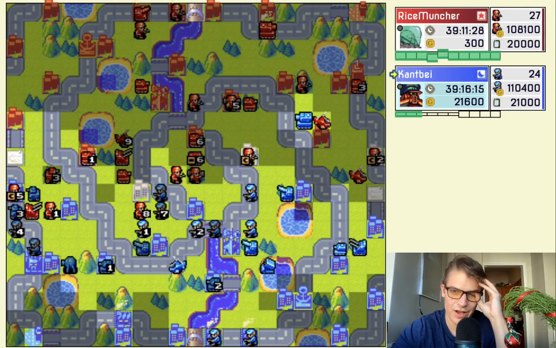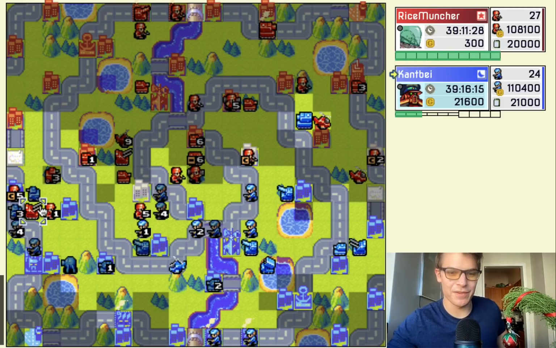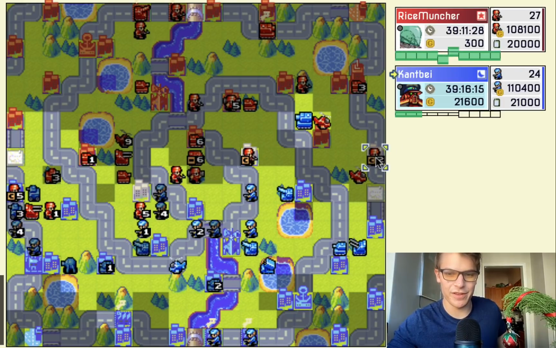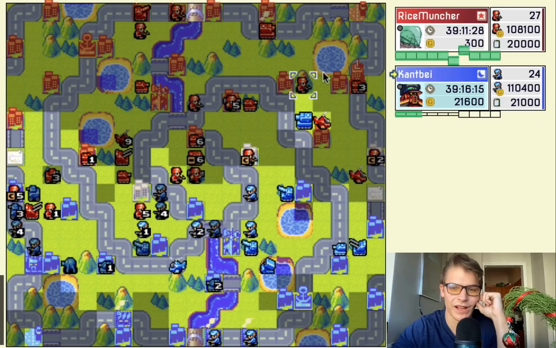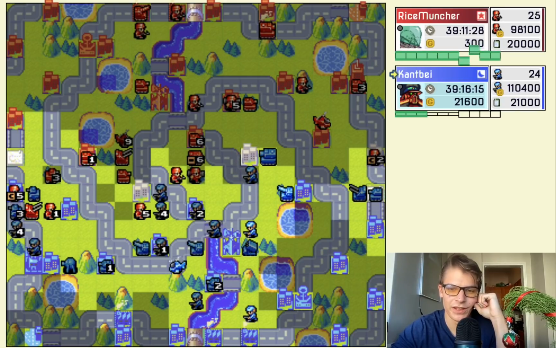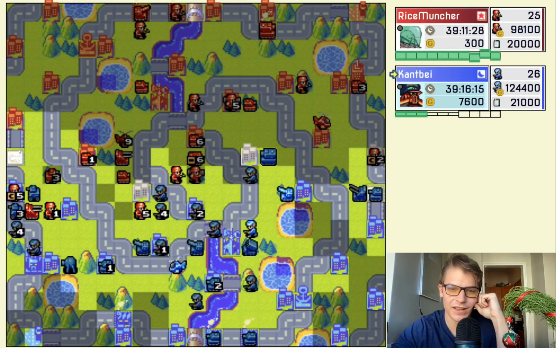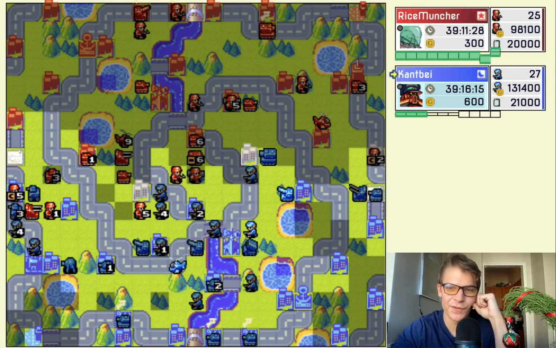Right now, RiceMuncher is behind 1k in captures, although he might capture this property over here. So it's looking pretty decent for Kantbei, just holding on to that income advantage. Oh, actually, never mind, I said that too soon. Kantbei will have to lose a few. Oh, never mind, bye-bye. He's going to maintain that nice income advantage, but old man Von Bolt, from his wheelchair,